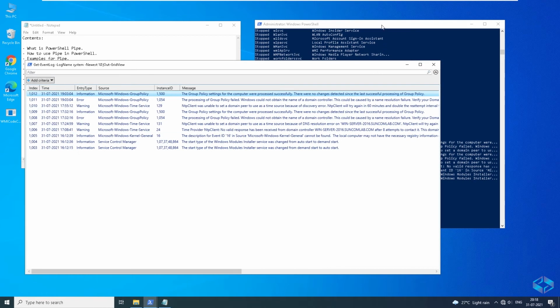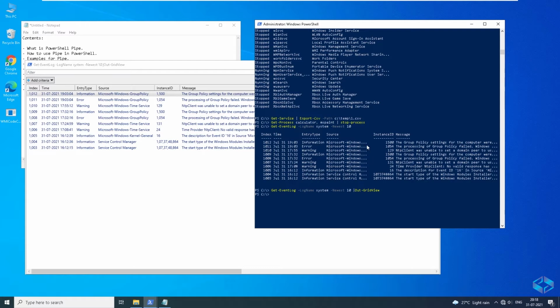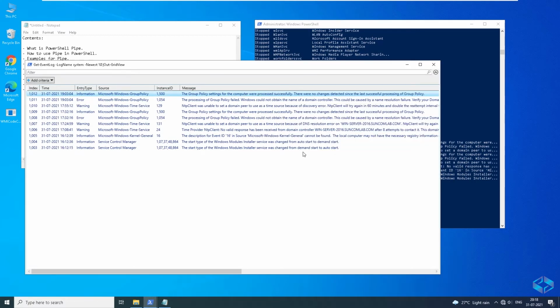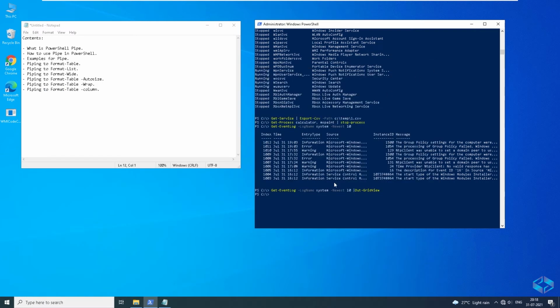Whereas in the normal command it is not visible, and it is limited. So if you do it this way in the grid view, you can see the complete details. Just an example, and you can do whatever based on your requirement.